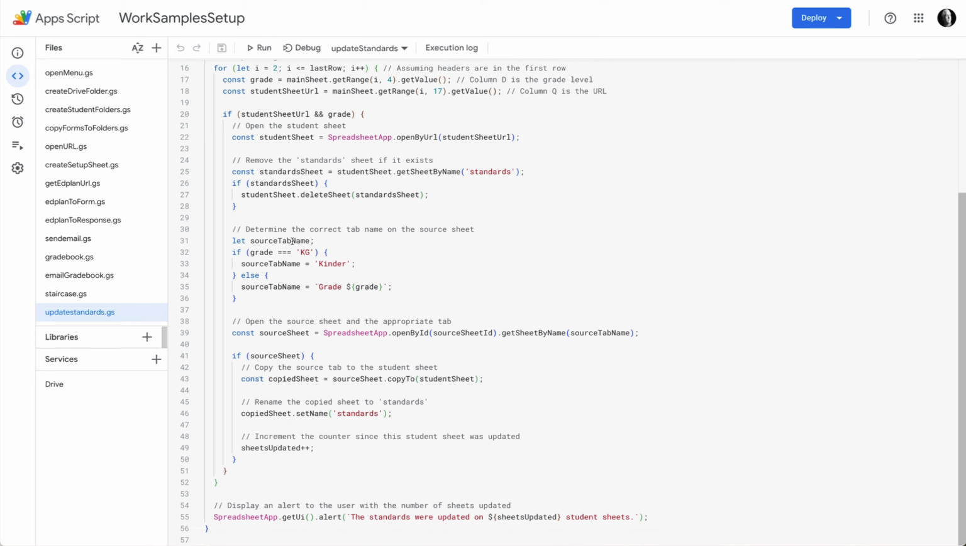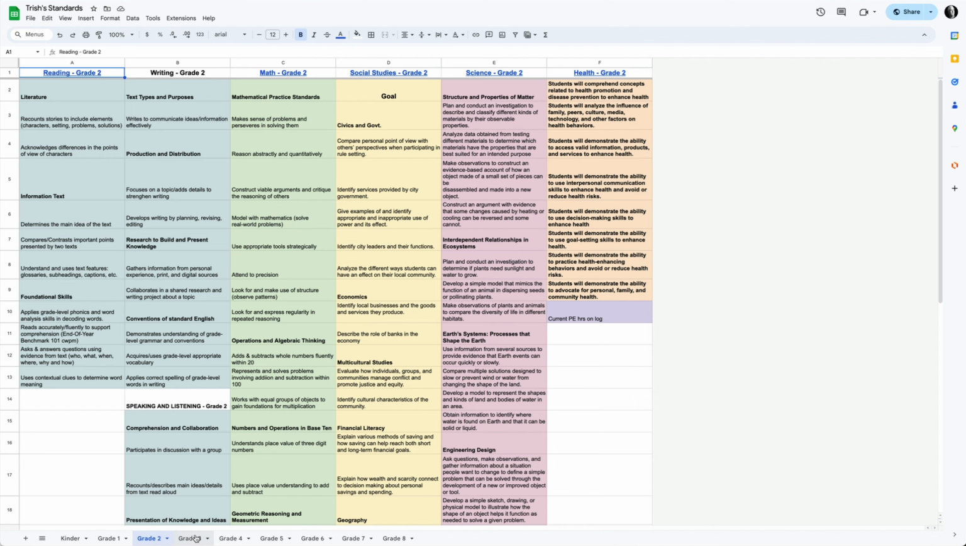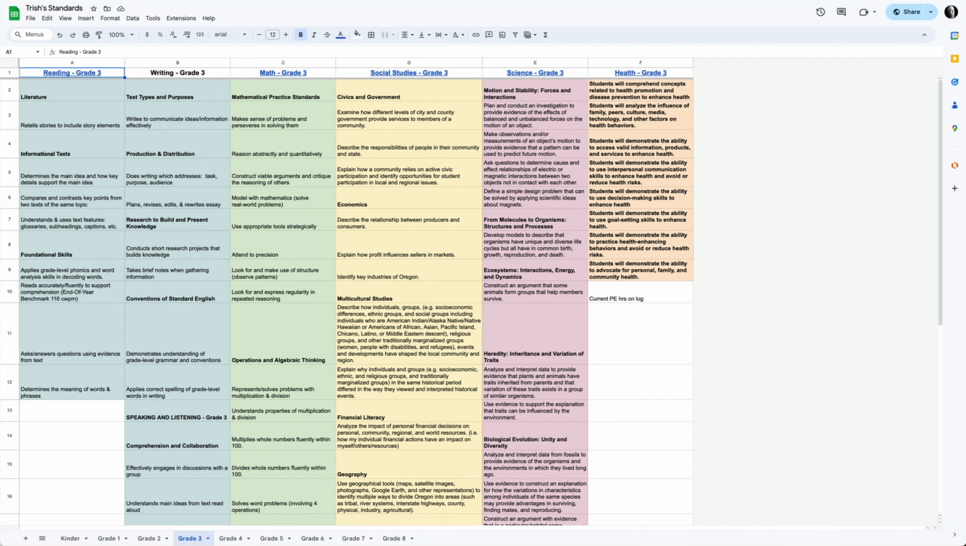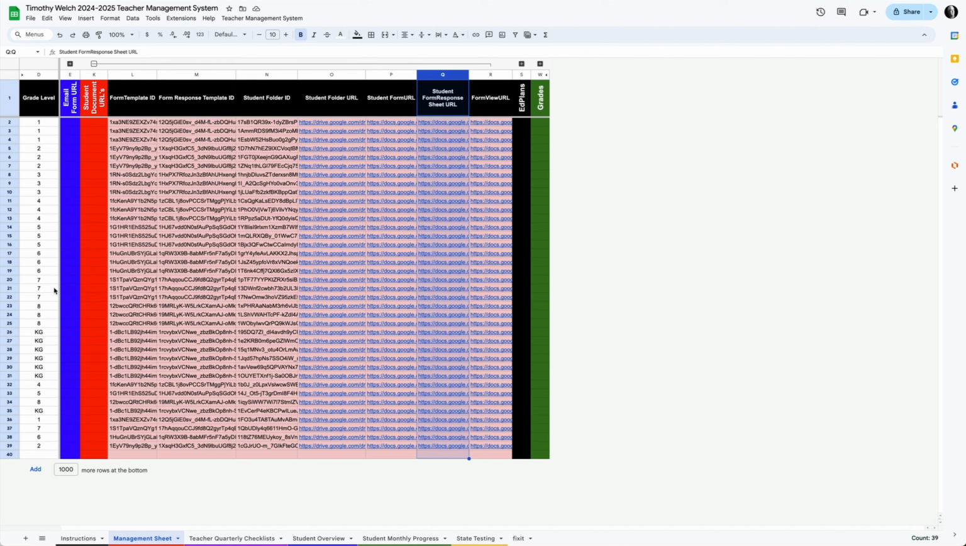And then we needed to determine how to grab the correct grade level. That's where we're using the grade, because notice my source sheet has different standards for each grade. So this next step required us to match the grade. And of course, Kinder was a little bit different, but we had to match the grade with the grade that we had for each one of these rows. So here's my grade in row 4. Here's my student